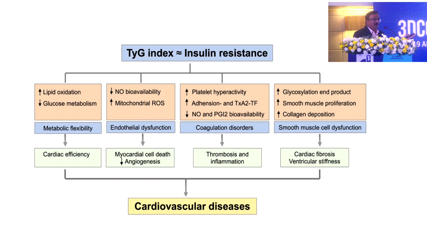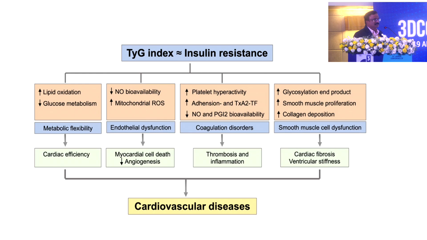If you do an echo, you can see there is diastolic dysfunction. Everything else is normal, but there is diastolic dysfunction. It causes smooth muscle dysfunction because of glycosylation end products, smooth muscle proliferation or collagen, which causes cardiac fibrosis and ventricular stiffness. So don't underestimate diastolic dysfunction in a diabetic patient. With that, there is decreased cardiac efficiency, increased myocardial cell death and decreased angiogenesis, all contributing to cardiovascular disease. Why we are always now, ADA 2026 specifically, targeting the